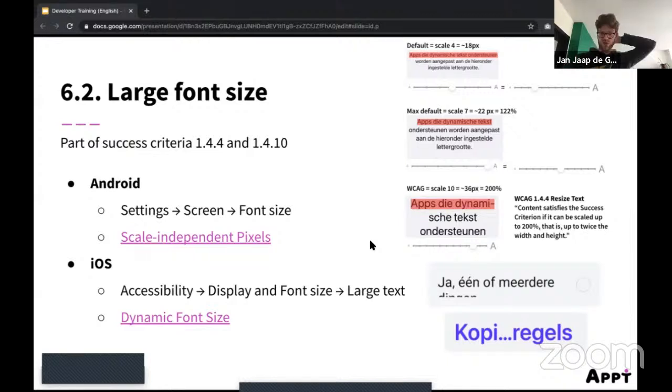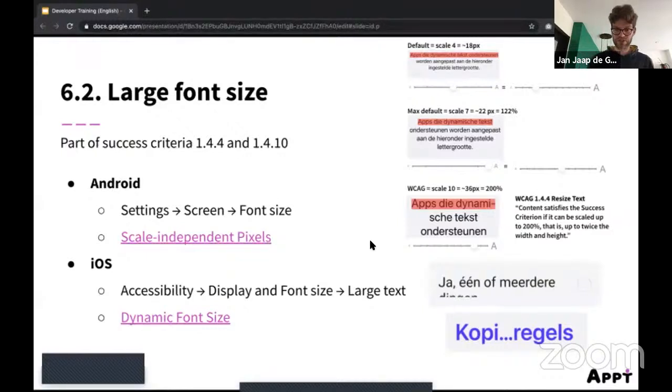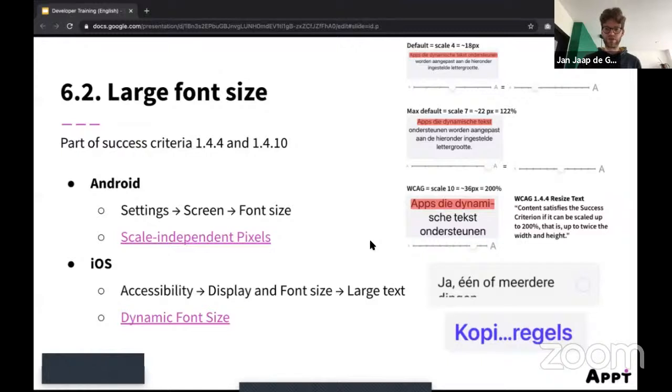That's why it's important to support multi-line text for all components in your app. Buttons need to have multiple lines, checkboxes, text, everything needs to have support for multiple lines. And also you have to make sure that elements can scale to a larger height. For example, this checkbox has support for multiple lines of text, but it doesn't have support for larger height because it's fixed height. So make sure to check this in your app.